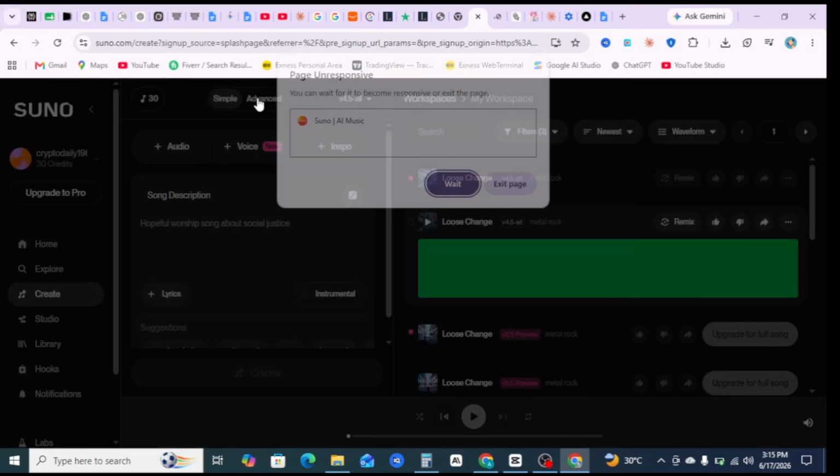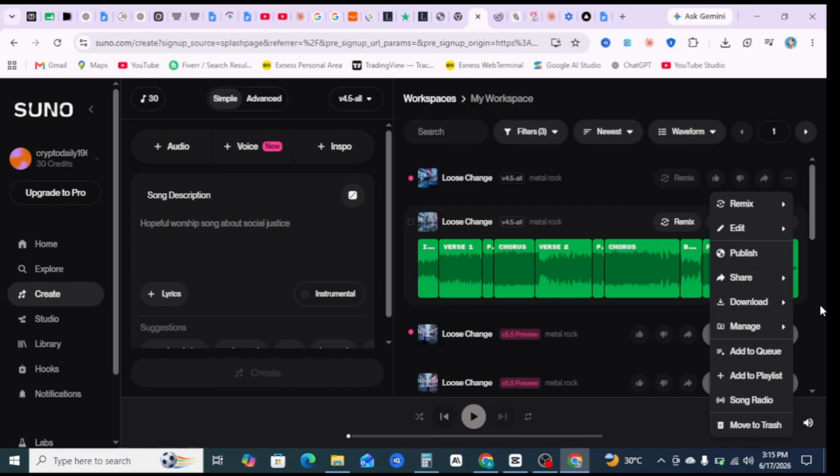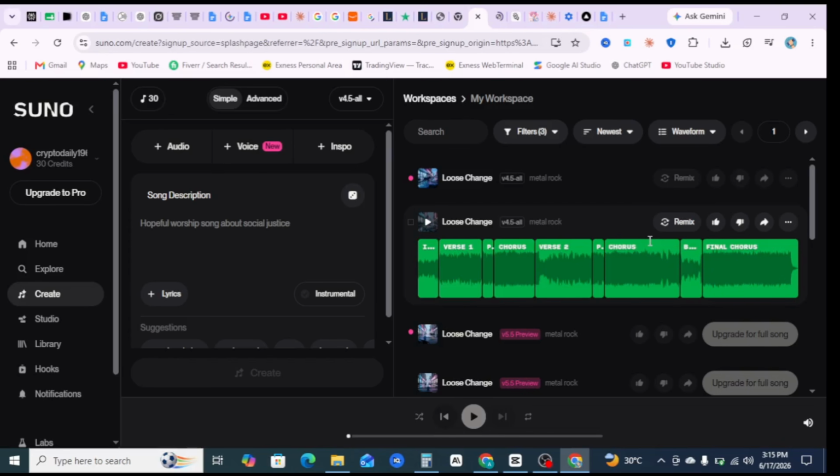I'm going to walk you through every option so you can pick the right one for your project. But before we even touch the extraction tools, step 1 is the most important step most people skip, and that is generating a vocal-friendly track in the first place. Extracting vocals from Suno is not a one-click process if you want the cleanest possible result. Suno provides built-in stem separation, but the quality of the vocal stem still depends on the track you generated before